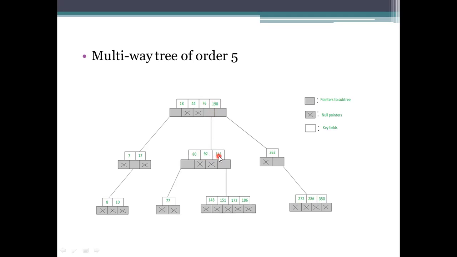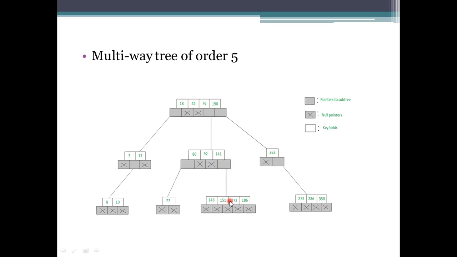80, 92, 144. Again, compare with these values, we will reach 141. What happens here? It will go for the next processing. The next element has to be added. Here it has one subtree representation which is storing the greatest values. So go for this tree. If we consider this one, we can't insert it into the tree because we can't make a place for it, as it is already filled.